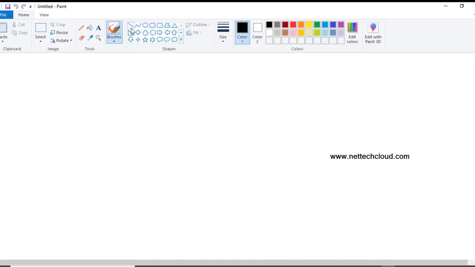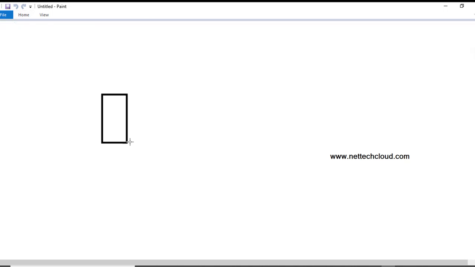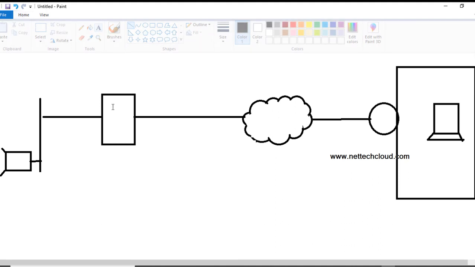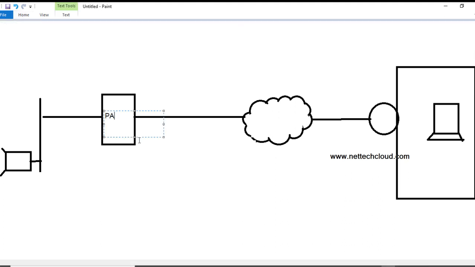So here there is a Palo Alto firewall that I'm going to use, with the internal interface. It's my Palo Alto firewall here, and the internet. The LAN segment is Ethernet 1/1.